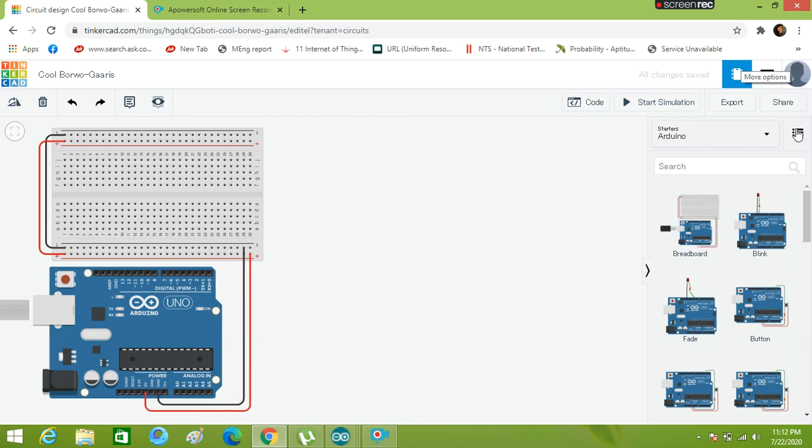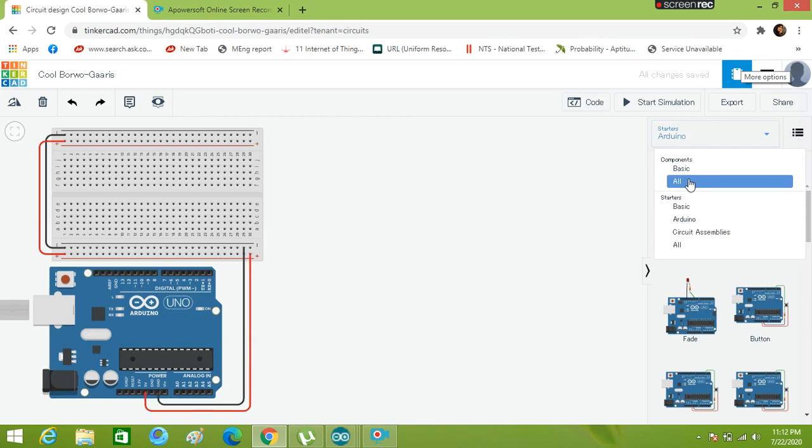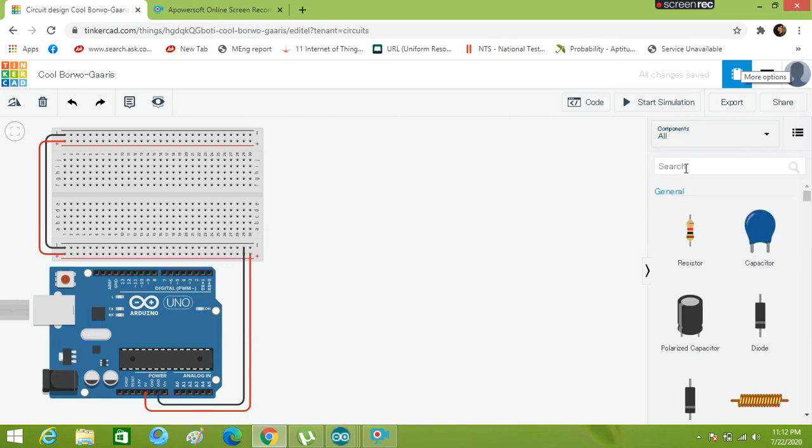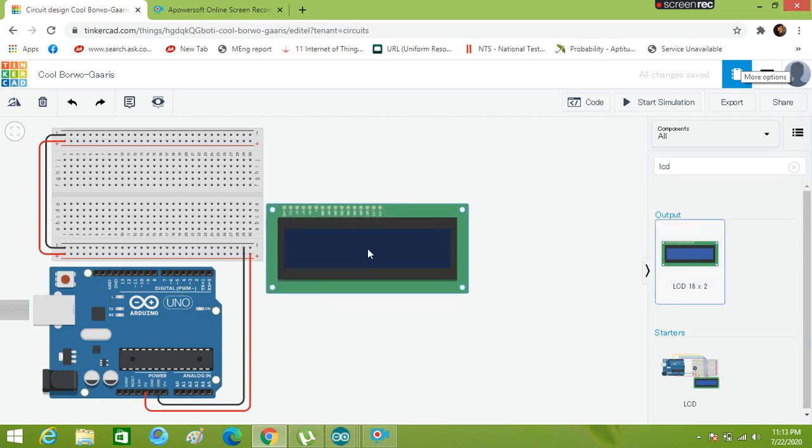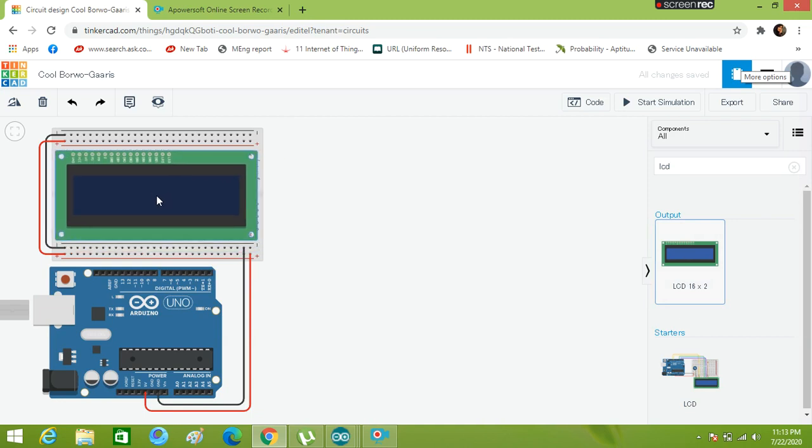While choosing for LCD, I'll go to components again, then select all, and then go for typing LCD in search bar. After typing LCD in search bar, I can see an LCD screen 16 by 2. What is the meaning of 16 by 2? It means that this LCD screen has 16 columns and 2 rows. I'll drag the component and place it over here,